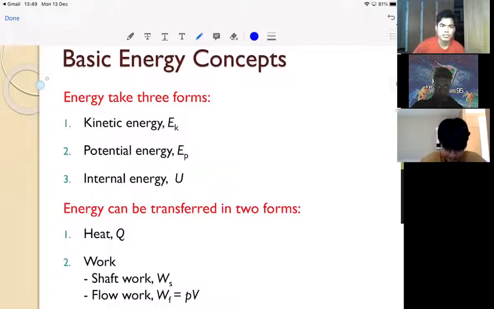That's the vibration. That's right. The vibration of the molecule, the vibration of the atom, the movement of the molecule, the movement of the atom. For internal energy, it's the microscopic movement, but for kinetic energy, it's the macroscopic movement. Right, different levels. Okay.